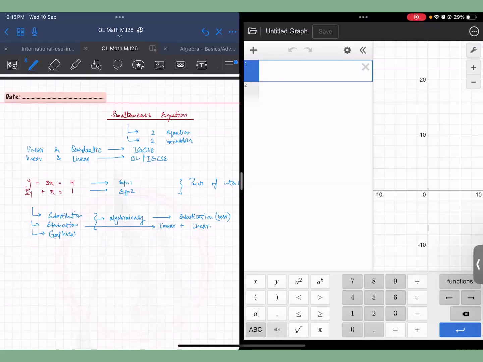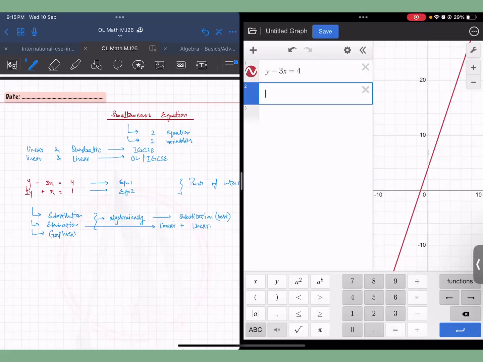So look, I am now showing you the solution graphically on your graph. I will make the graph as well, and then we will solve it using the elimination and the substitution method. We will get the same answer with all three methods. So look, y minus 3x equals 4. This is the first line. This is Desmos. I don't know if you know about it. You should download it. You can explore this software. It's a very good one to understand graphs.